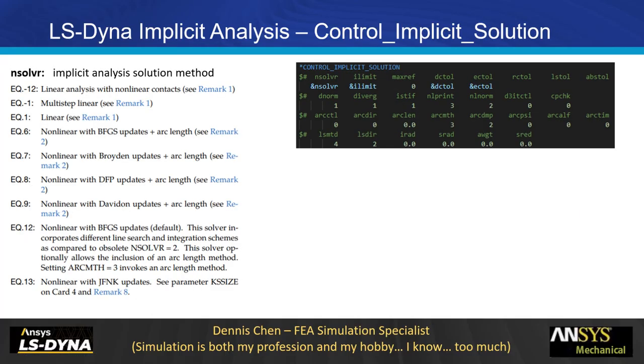Next thing is, there are a bunch of different solvers within Dyna. This NSOLVE parameter right here defines all the solvers that you can invoke, right? The most common one, for a purely linear problem, is equal to 1. For a nonlinear problem, you can just use 12. There are a couple of other ones that you can look at in the documentation, but basically 12 is the more recent one, and it's actually very, very good. It also invokes arclength 3,